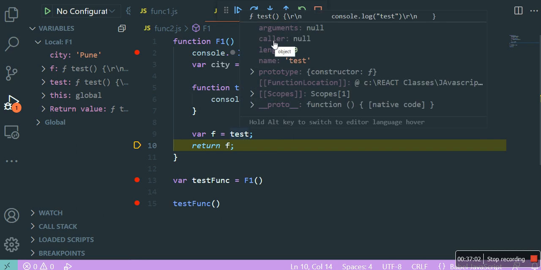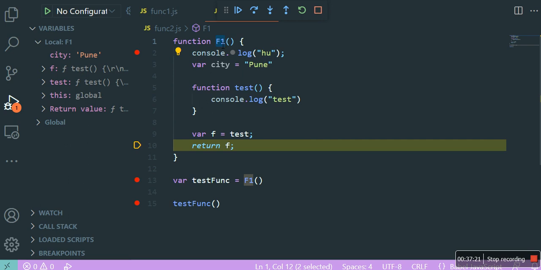It is stored somewhere. My variable f is also pointing to that, and my variable test is also pointing to that. Now, is this a function object, or just an object? I will say object. Does this object have anything to do with this function f1, or is it independent of this function f1?